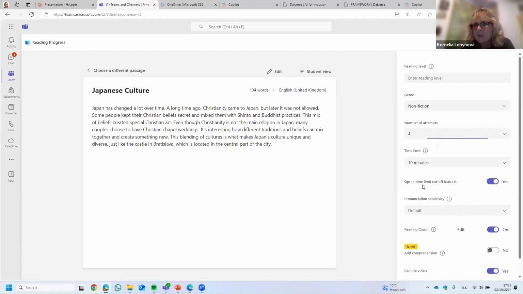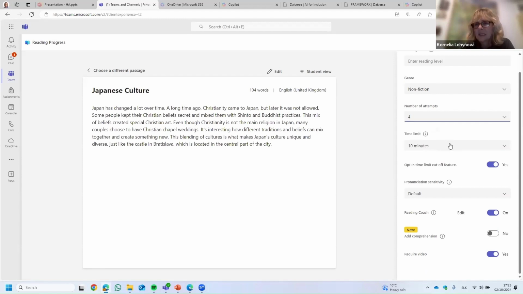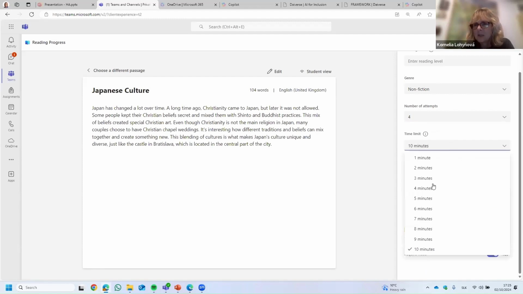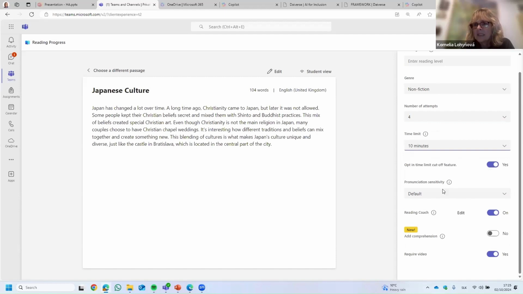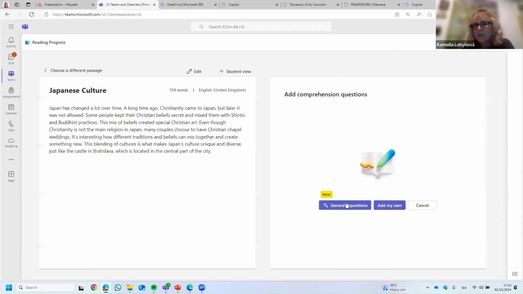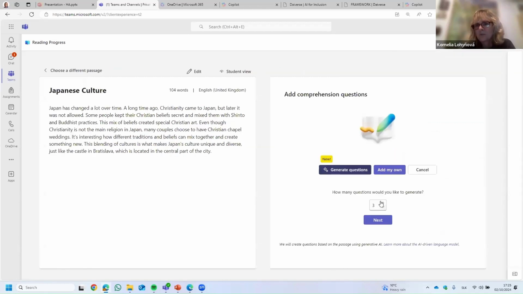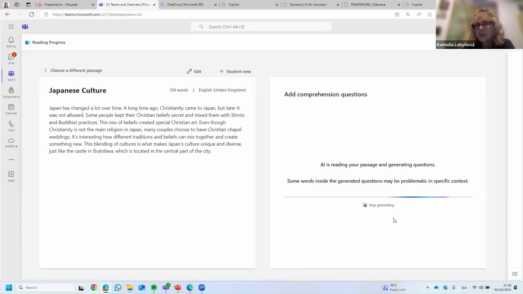We can set how many attempts a student can have, and there is a time limit also, and sensitivity. It means that you are more or less sensitive to reading and pronunciation and whatever. I can even add comprehension and generate questions. So it will generate questions